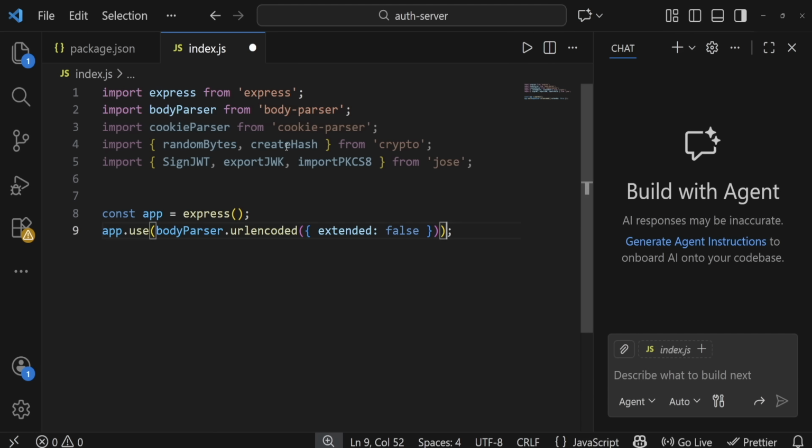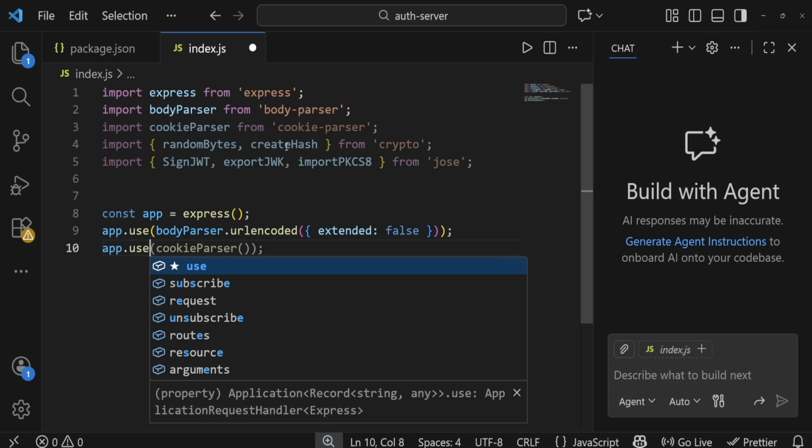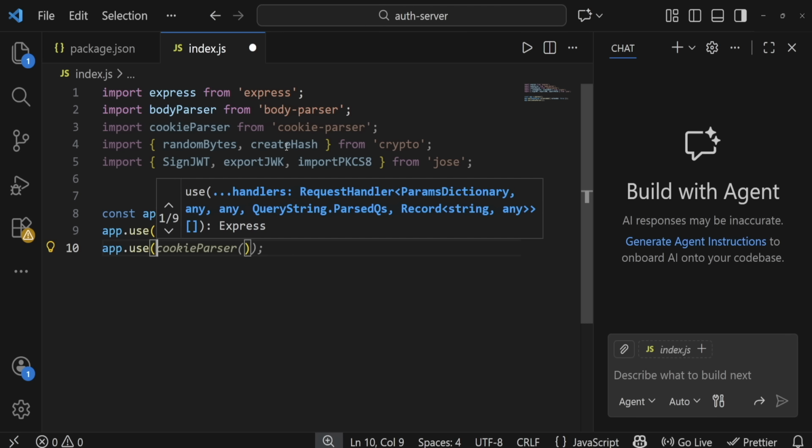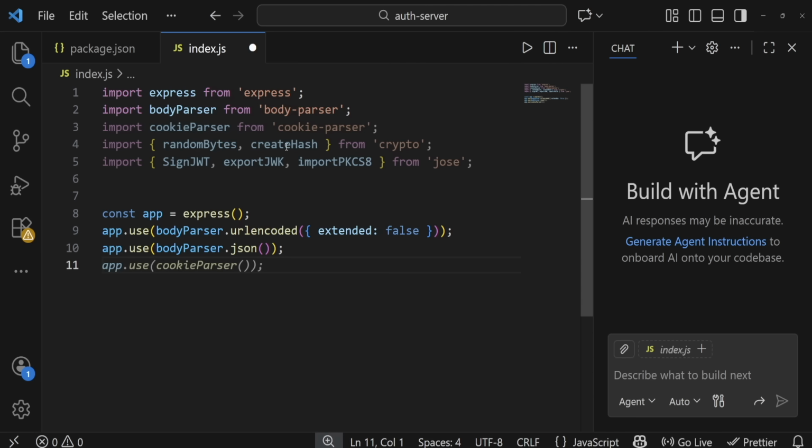And then we also have app.use(bodyParser.json()), and we also have app.use(cookieParser()). Okay, so now that we have done most of this section,